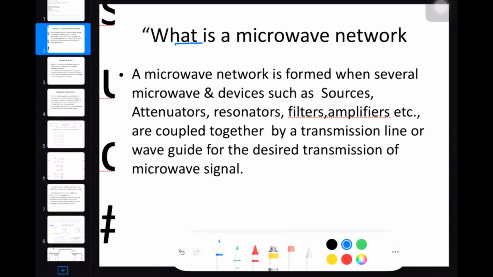You are able to analyze those circuits by use of the KVL equations, KCL equations, and also you